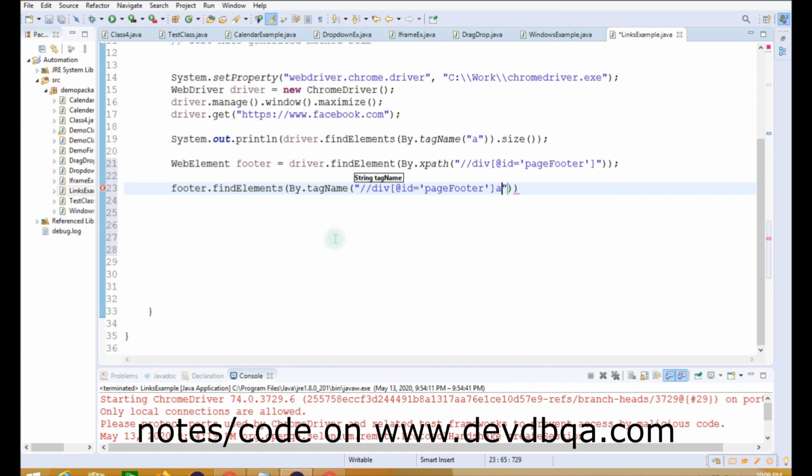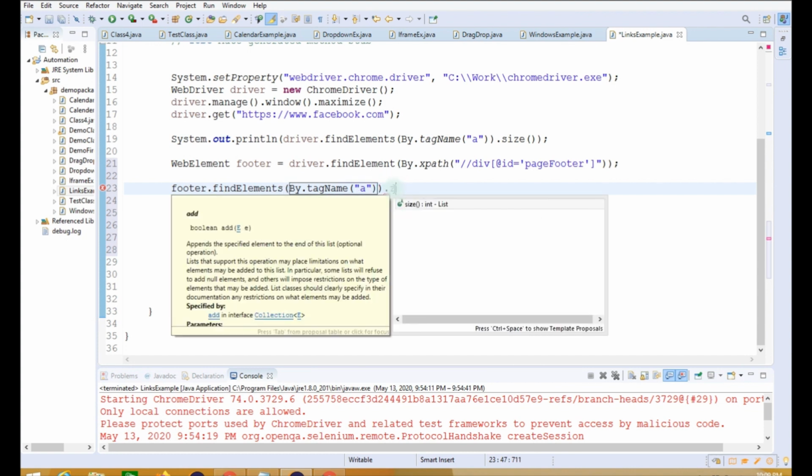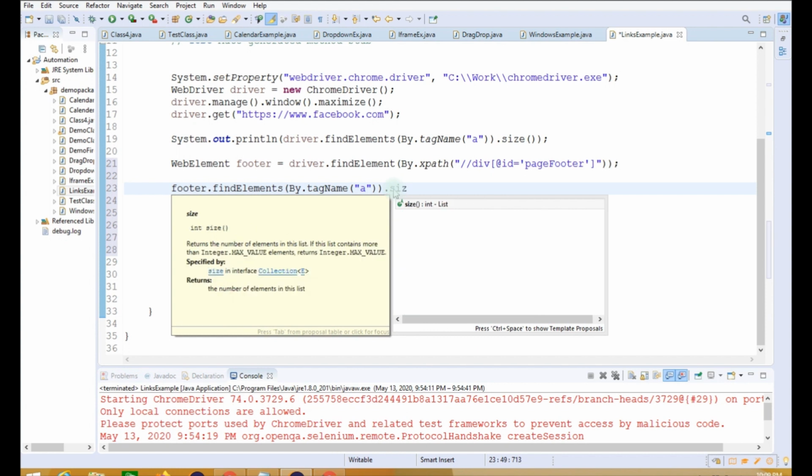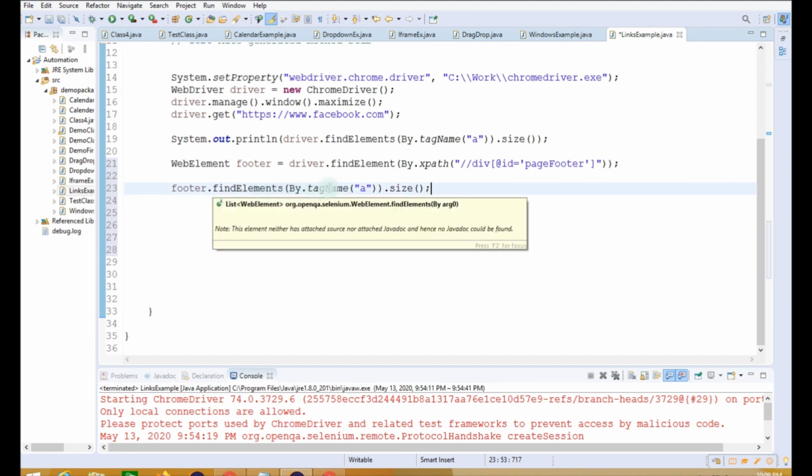We will write A here, and we have to calculate the size. For that, we will write size. So it will return the size of the elements that are present on the web page using the tag name as A.